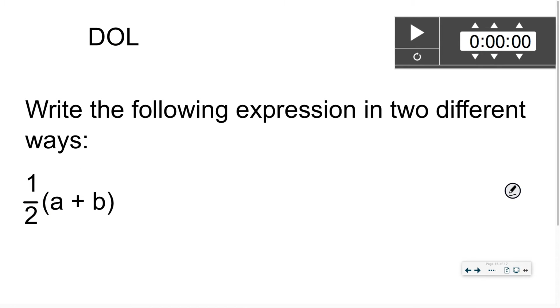So we have an expression here. We have 1/2, and then inside the parentheses, a plus b. Okay? How could I simplify that? I'm going to have a plus I'm going to have b. Some of you may be racking your brain over the two ways. The same thing can be written two ways. As long as you understand the idea behind the two ways, we're